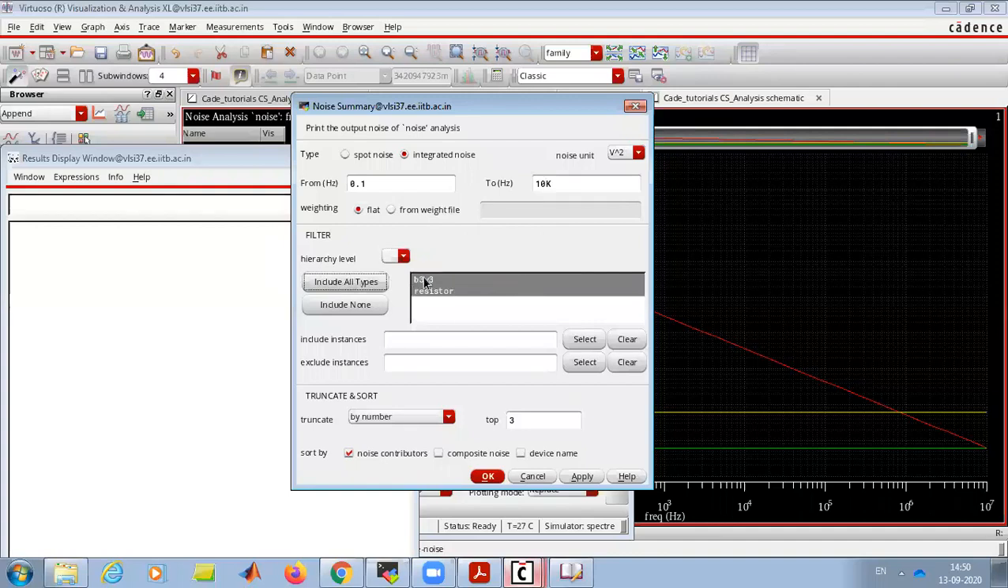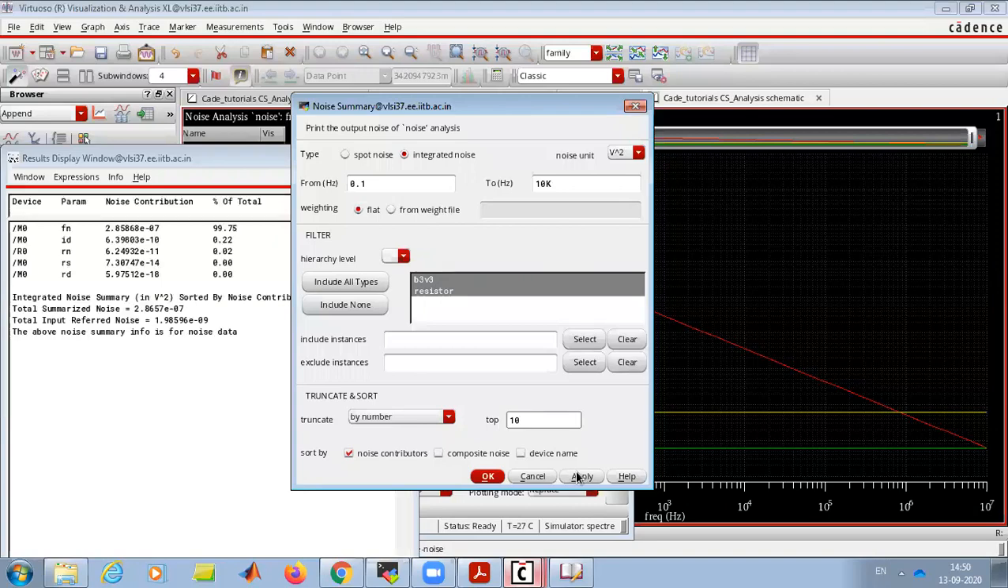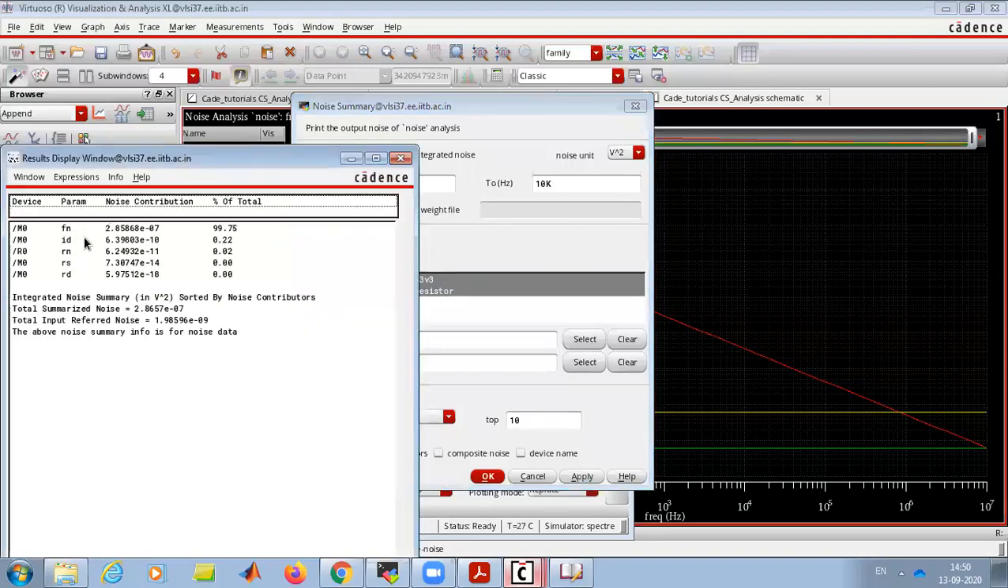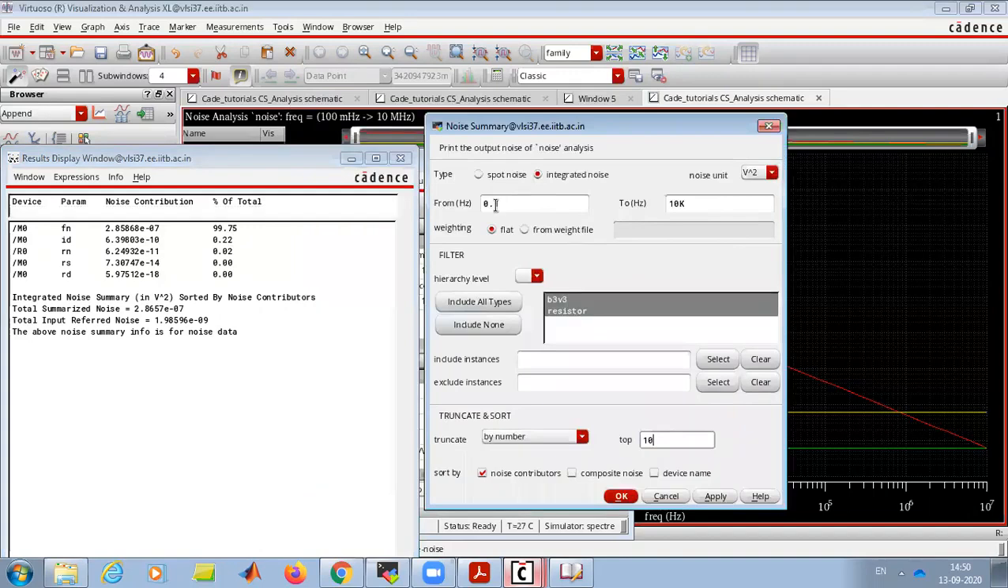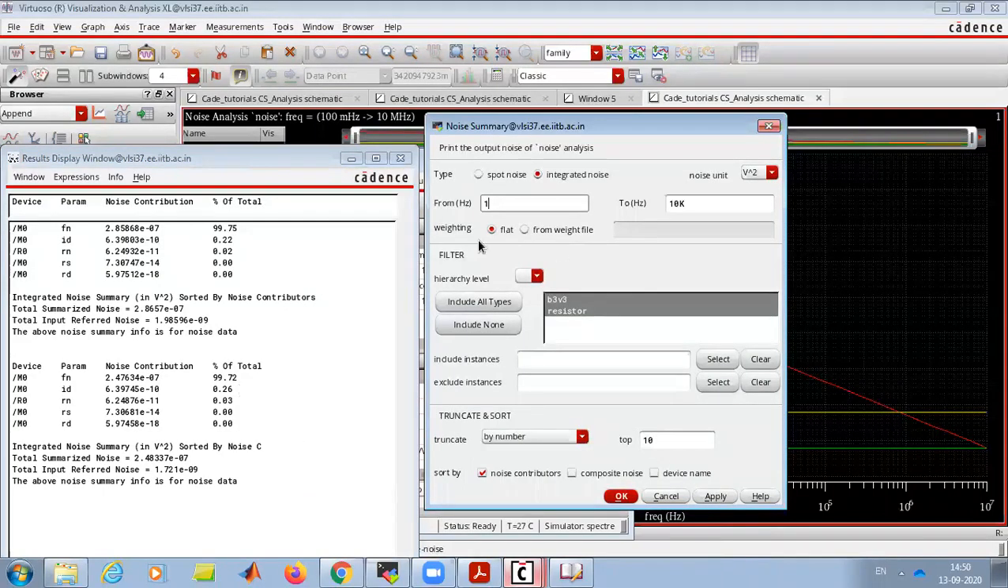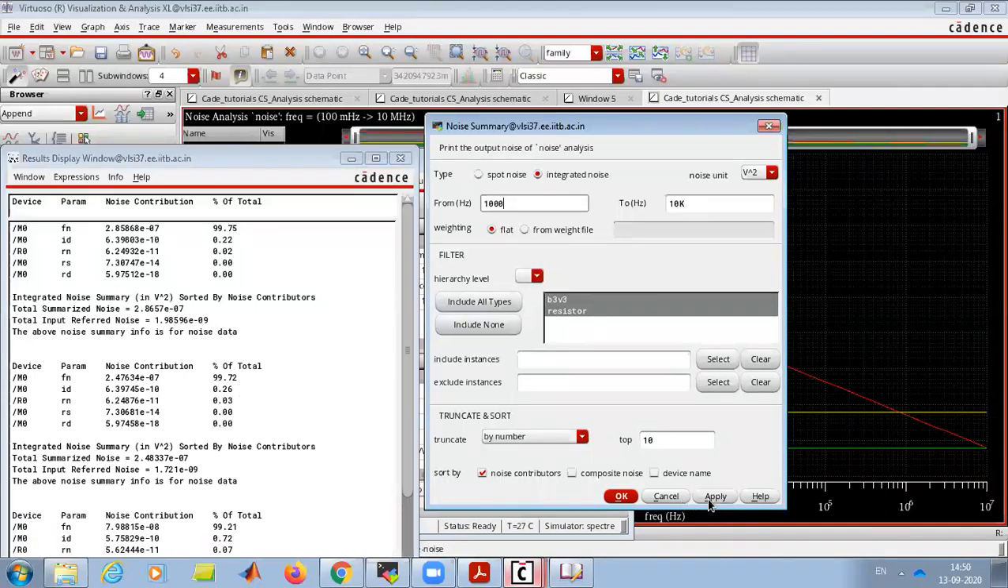Include all. V3 is the noise of the MOSFETs. And I will add it. It's like what component you need to display. So you can see Fn is flicker noise. The dominant noise is flicker. It contributes 99.75% in this region. If I take from 1, even then, because our flicker noise is very high,